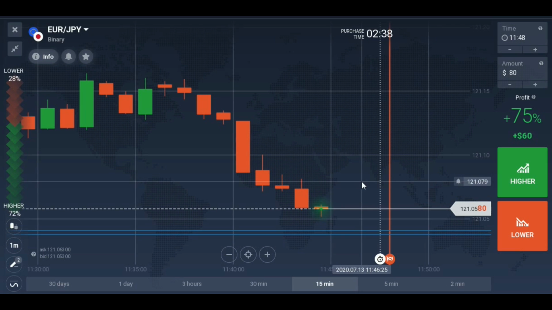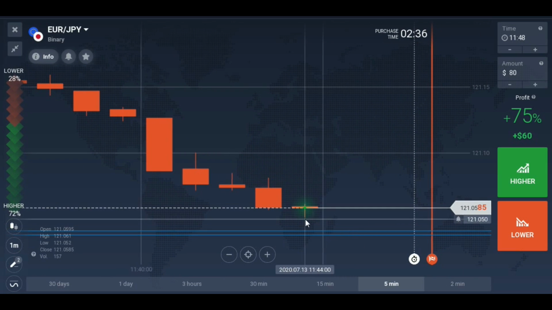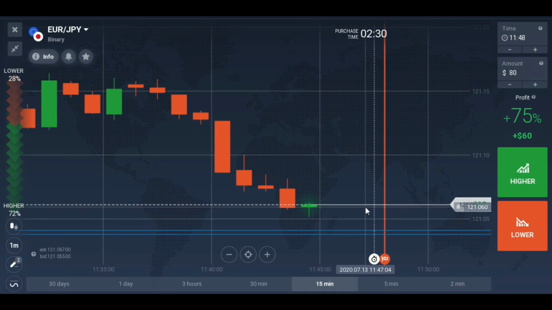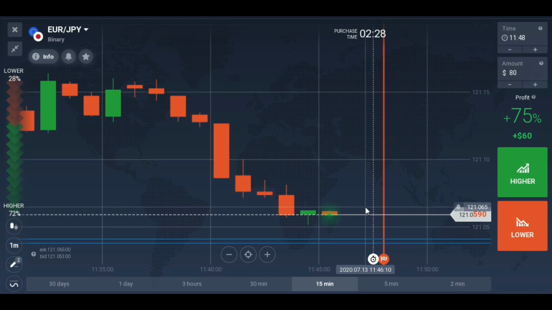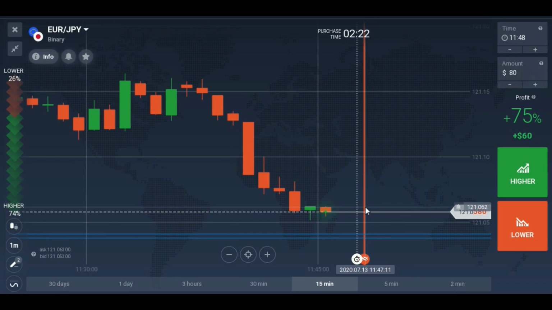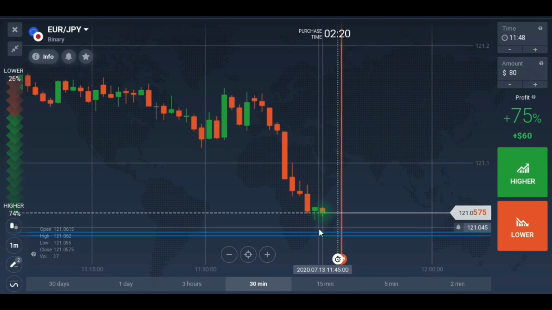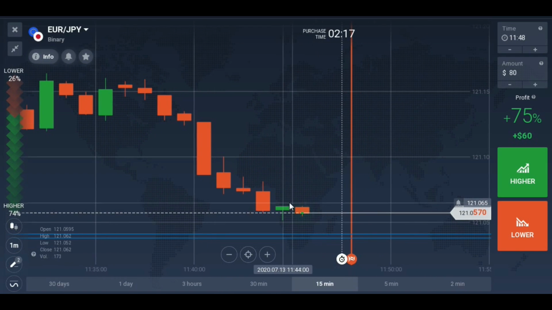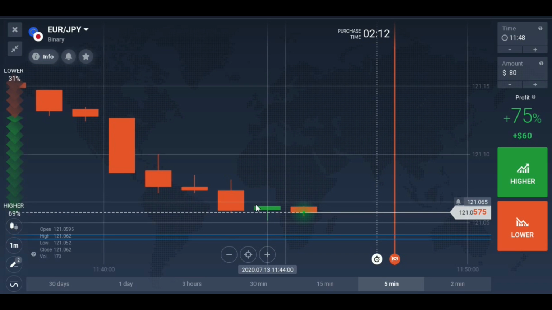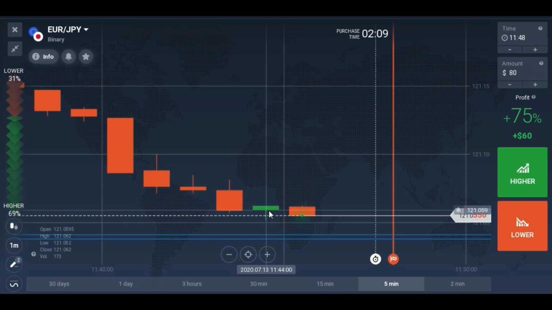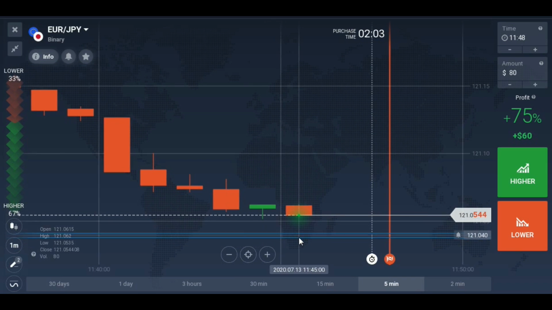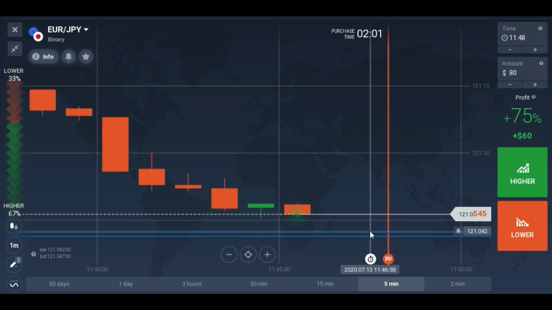So as you can see, the market is weak here. The momentum is dying, which is a good sign, which is also a confirmation that the market may or may not reverse. It depends upon the buyers who will perform at that very level. So as you can see, we got a good sign. The momentum is dying, that's why we find a green candle. We have a green candle here, a bullish candle. The market is again going downward. We will wait for the market to hit this support level, and let's see.